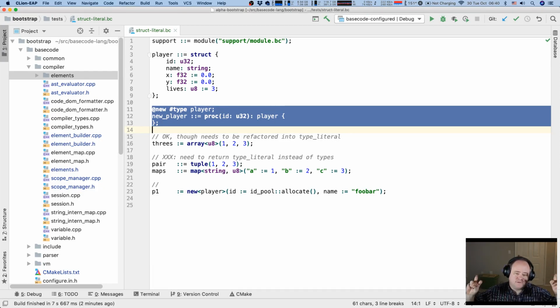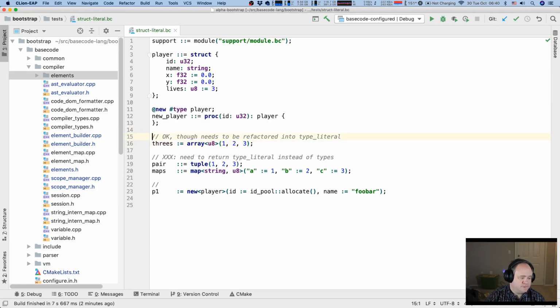There's a constructor for this type. Here's how we should do that. Hey, Gareth Hubble, welcome.